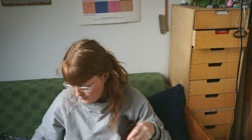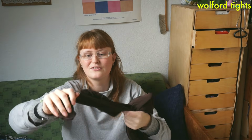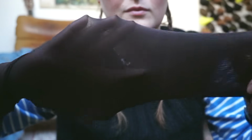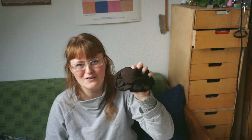I also bought myself a pair of brown tights. These are from Wolford, which is so nice. I immediately, just in the thrift store, felt how nice these were. I was like, ooh. And they're a lot more comfortable. I'm like, wow, I forgot what wearing a pair of tights that were the right size for you feels like. I thought all tights just felt awful and were constantly moving down. But no, these are amazing and I love the color of them,